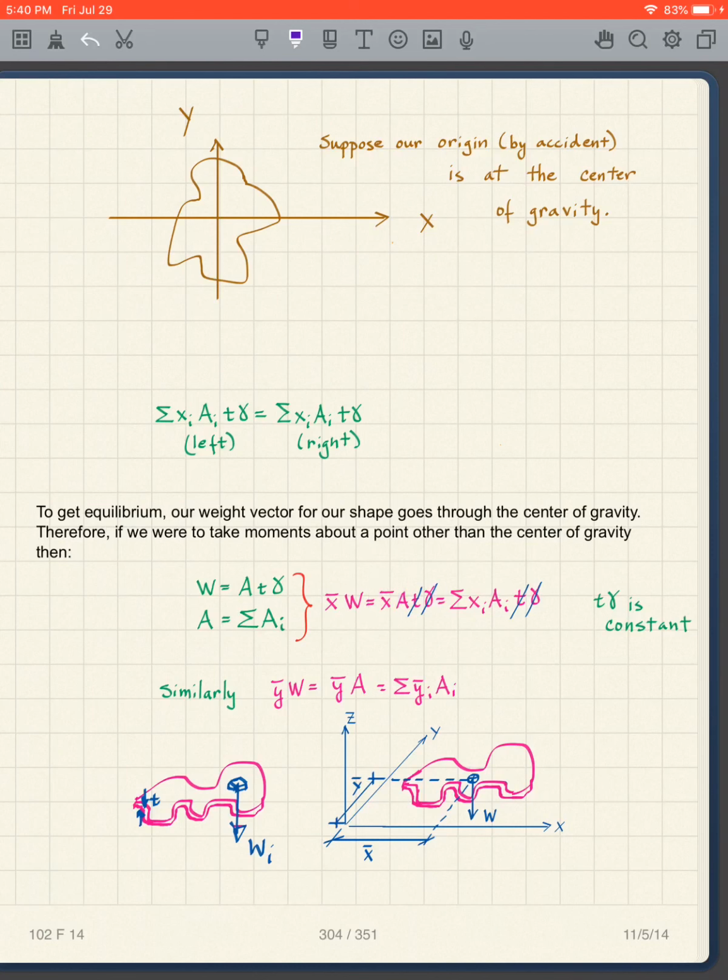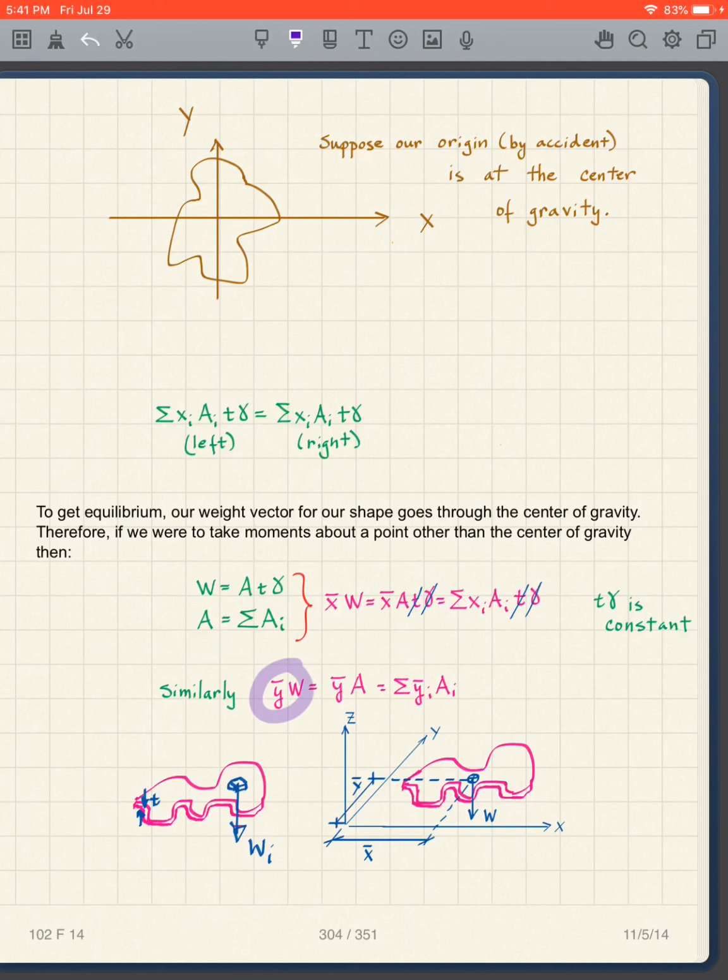And I know that that's got to be, as we said, equal to the sum of the xi Ai t gamma. And we see, of course, since t and gamma are constant, we can cancel those out. And so I can solve for x bar in this equation,